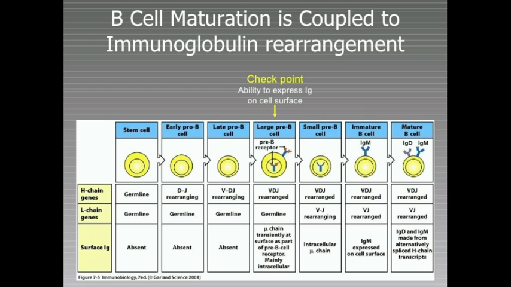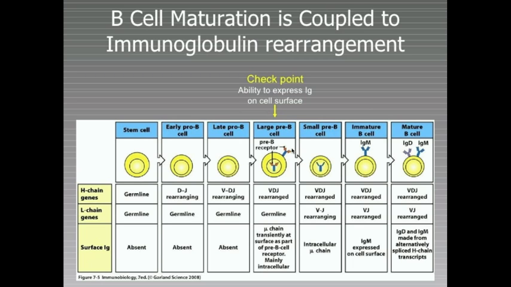After you become a large pre-B cell, then you go on to have light chain rearrangement, and then you express that light chain on the pre-B receptor, and now it becomes a B cell receptor, BCR. And that's an IgM antibody. And then when you go from immature to mature B cell, you express IgD in addition to IgM. So now you express 2 different types of antibodies, and